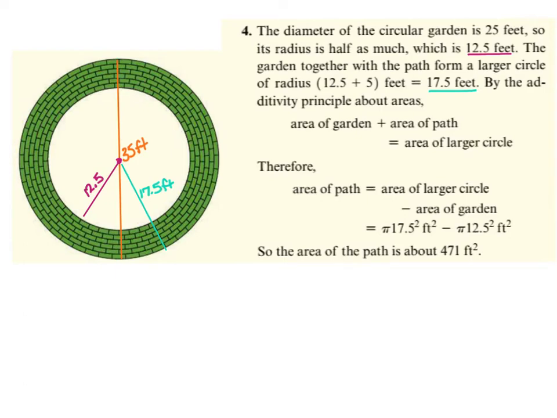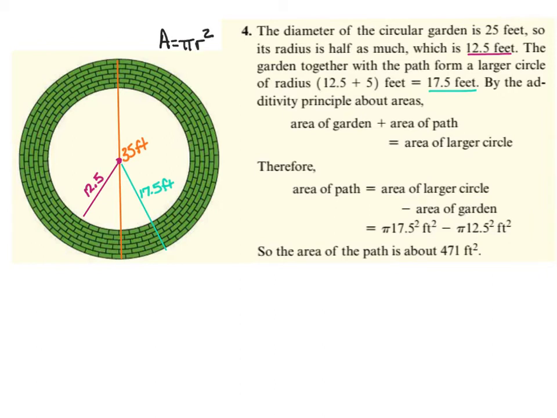As I do this problem, I have noted that the 35 feet goes all the way across, so that radius would be half of 35, which is 17.5 feet. And half of that 25 feet would be 12.5. The reason I'm representing the radius on these pictures instead of the diameter is because to find the area of a circle, we're going to use the formula pi r squared. So if the area of a circle is equal to pi times r squared, I need to know the radii